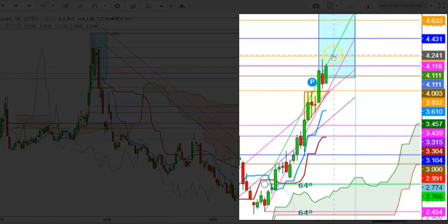today's move. So friends, here I find that if the natural gas futures sustain above the next resistance at $4.229 up to the announcement of this week's inventory, we will see this uptrend continue, because here you can see how the natural gas futures have still been maintaining this uptrend in a weekly time frame, and